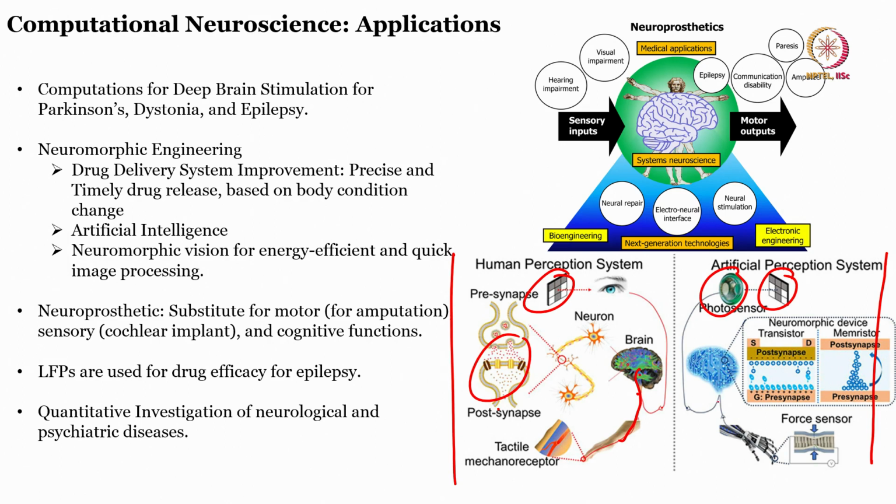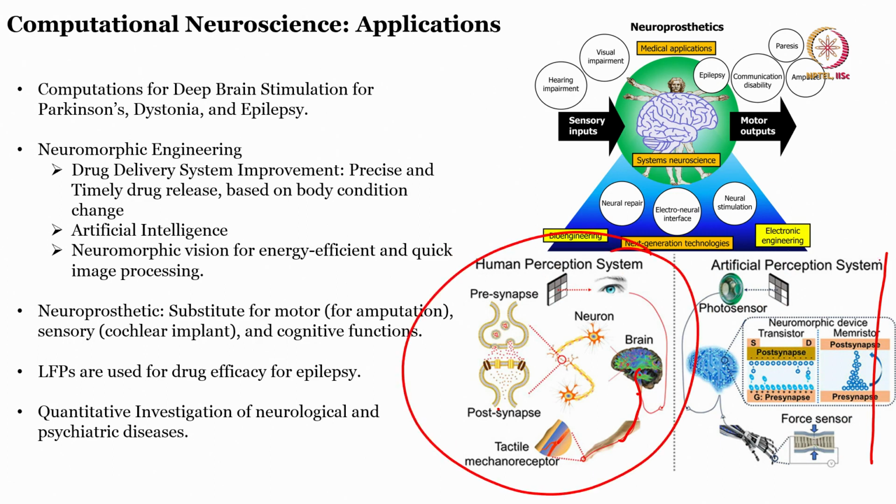It looks at it and it gives the feedback to the neuromorphic device. It can be a transistor from pre-synapse to post-synapse, and then there is a memristor from post-synapse to pre-synapse. So how the signals are transferred, when it is transferred, can you activate a robotic hand, and the robotic hand can be indicated with the force sensor, and you can also look at the haptics. So the point is, can you replicate the similar system using the artificial perception, and that is another area of study.